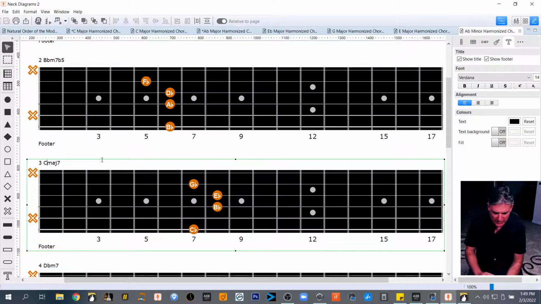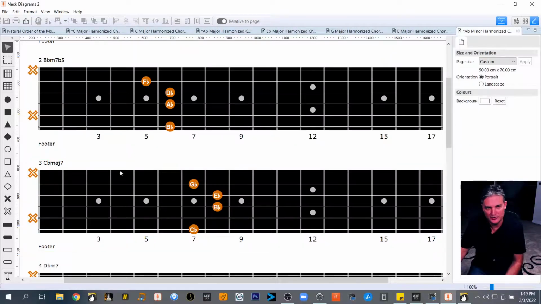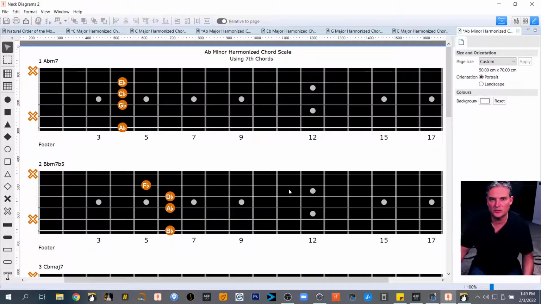This should be C flat major. We know that C flat major is the same thing as B major. I know C flat sounds weird, but that's what we would use in the case of A flat minor. But